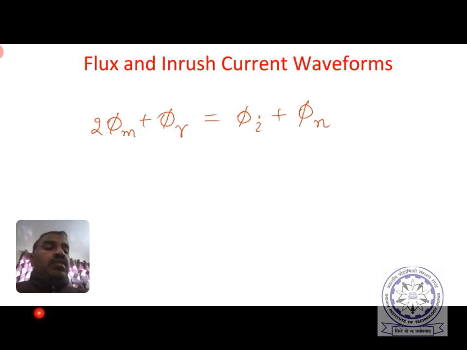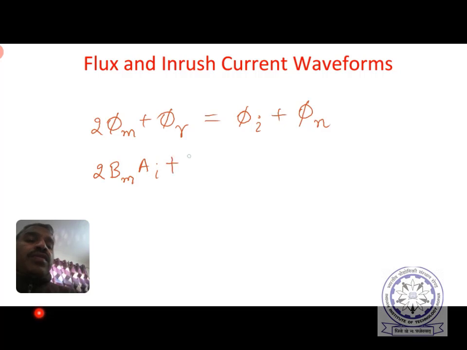So let us convert this equation in terms of flux densities. If you convert that into flux density, this is 2 Bm Ai plus Br again Ai equals